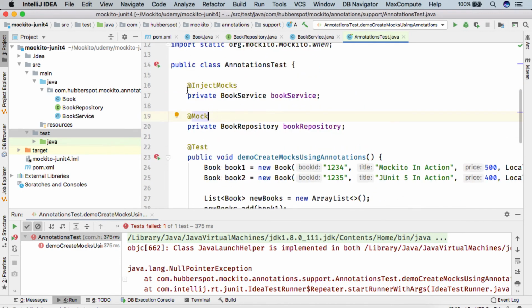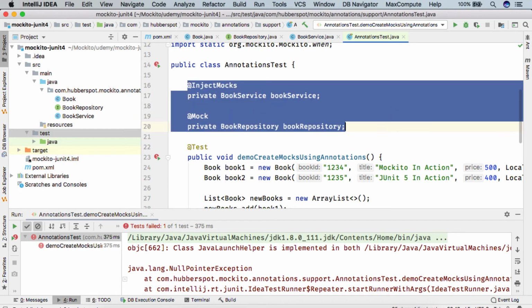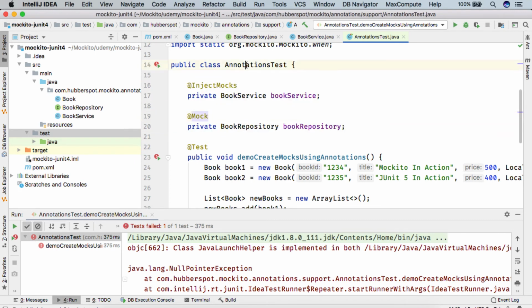So friends, in JUnit 4 we need to tell Mockito that these are the annotations which we are using in our AnnotationsTest class.